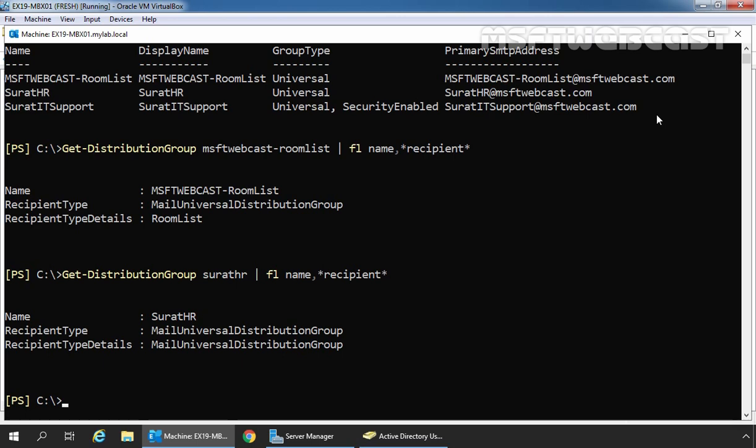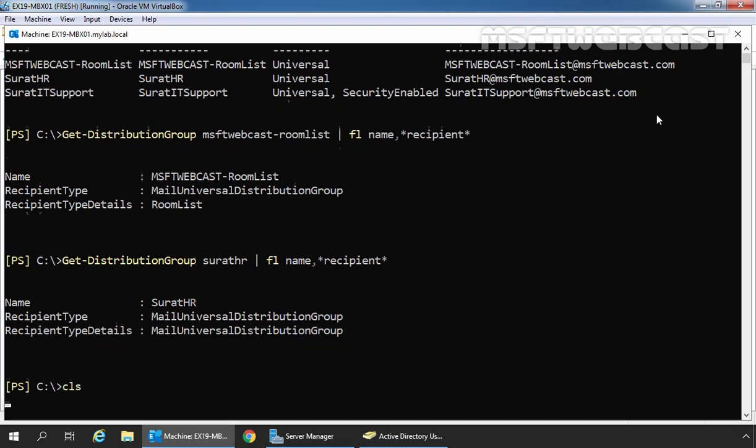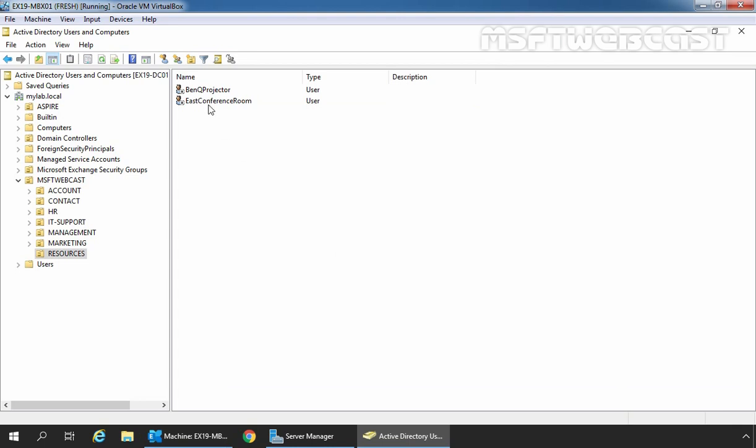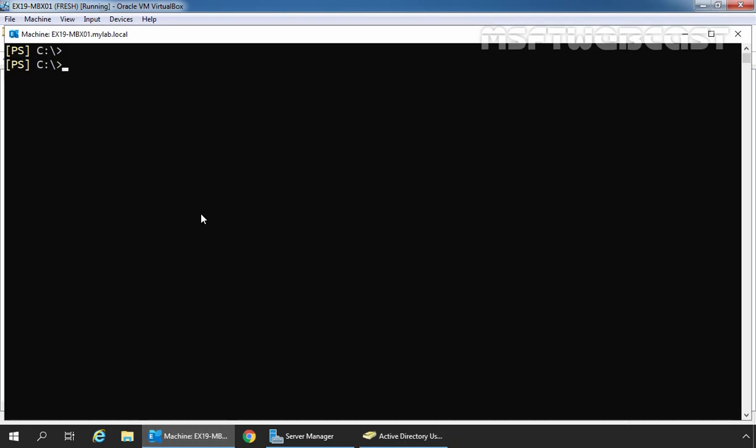We need to add rooms to this list, the same as we add members to a distribution group. Let me clear the screen. Let's again go back to our Active Directory Users and Computers snap-in. We want to add the East Conference Room mailbox to our room list named MSFT Webcast-room list. For that, the cmdlet will be Add-DistributionGroupMember -Identity, and here we need to specify the name of our room list, which is going to be MSFT Webcast-room list.